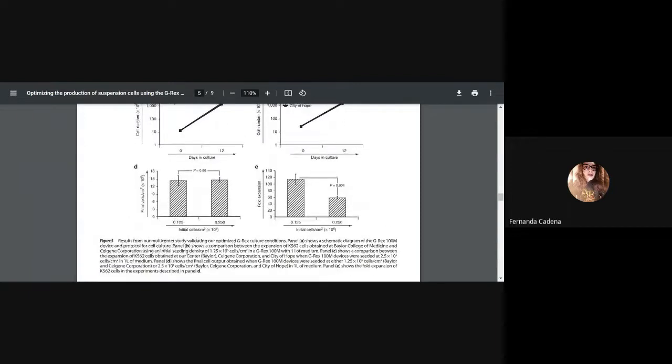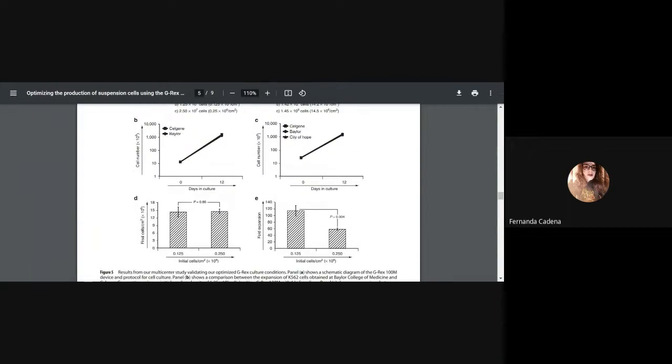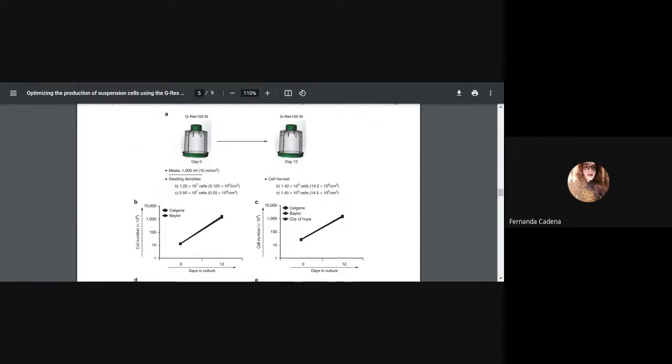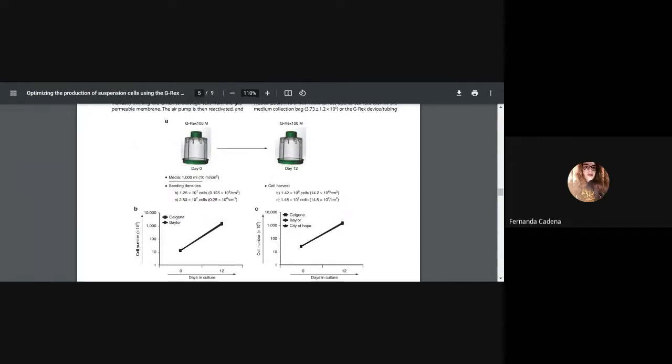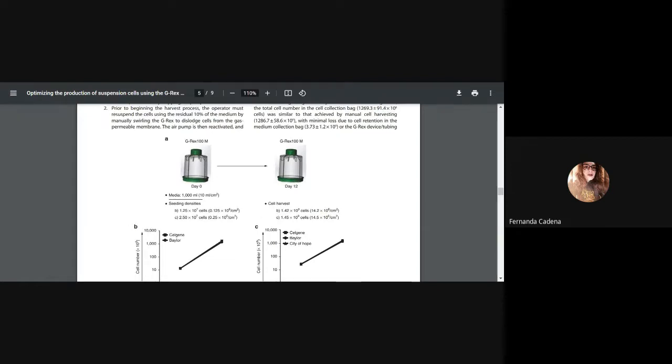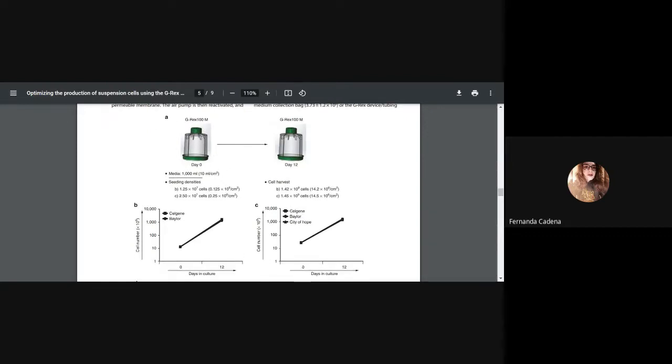The next thing they did was to validate this machine. For this, they worked with 3 different organizations, between private enterprises and universities, and they took different approaches to using this machine. Here we can see the schematic diagram of the G-Rex machine and the protocol they used. In both, the final volume of media was 1,000 milliliters,